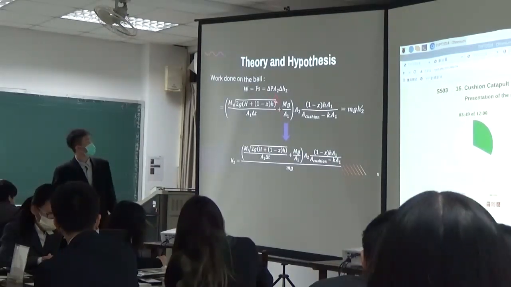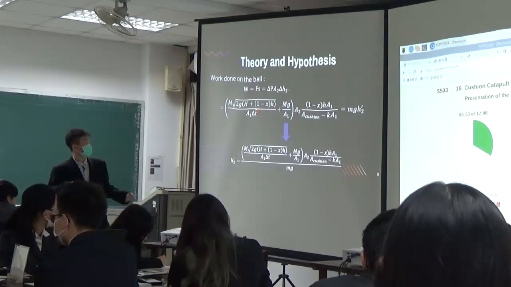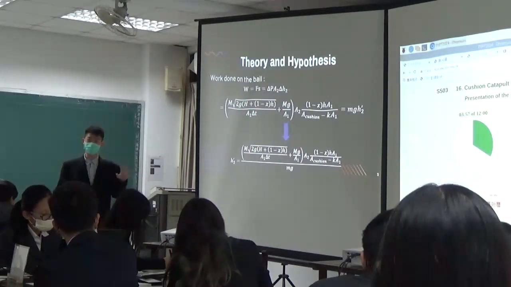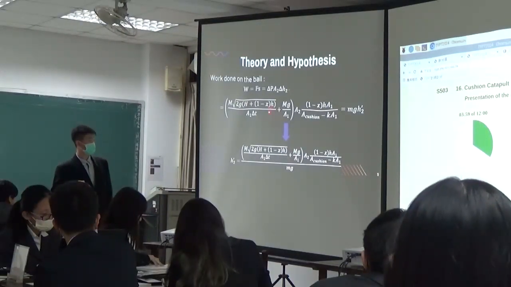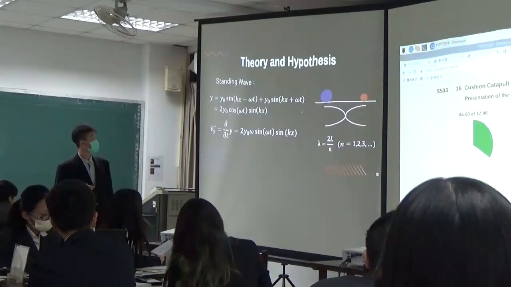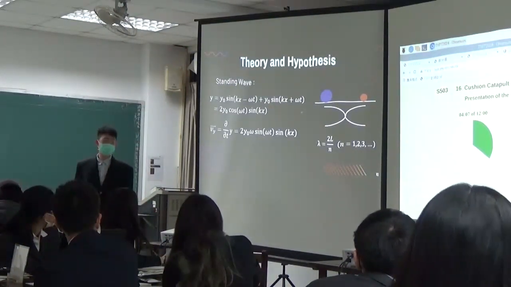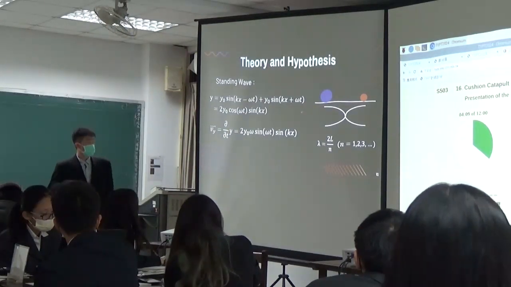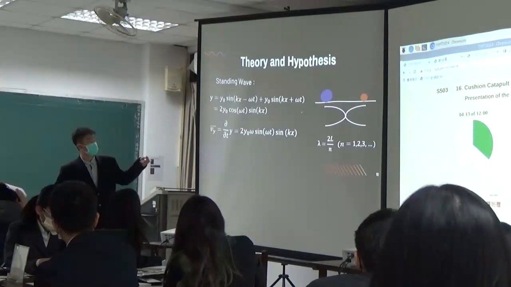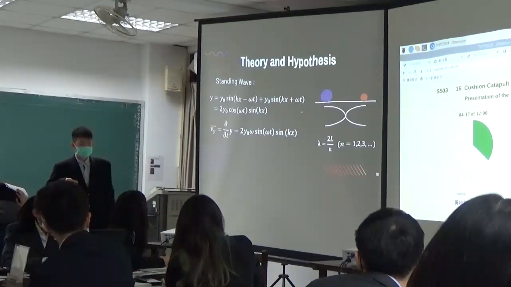And this capital letter H is the height the baseball is dropped from, and this small h is the height of the cushion. Next. And so this is our second theory, which is standing wave. So when the baseball collides with the cushion, it looks like